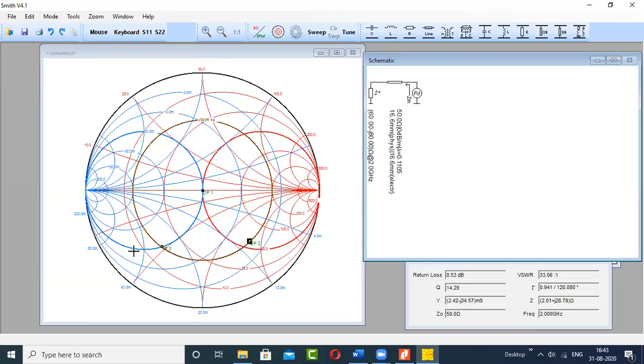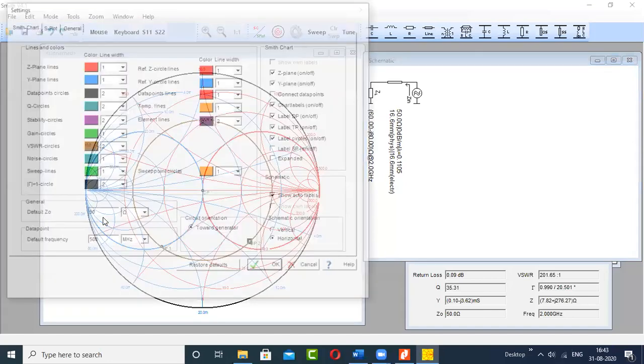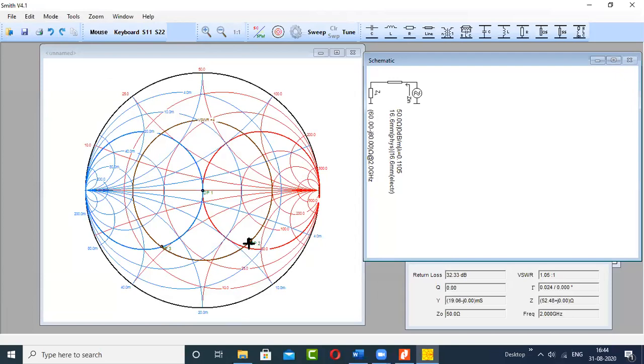And 50 ohm, as I said, is the reference impedance. In the settings also it was shown that the default value of the characteristic impedance is 50 ohm. That is nothing but the impedance of the generator. So that 50 ohm is at the center of the Smith chart. So what you have to do, you started from here, the load, you added a length of transmission line, which is 0.11 meter. Now from this intersection point, you have to move to the center of the Smith chart. Why to the center? Because this load, which is 60 minus j80, should get converted into 50 ohm. That's why your final destination is to reach the center of the Smith chart.